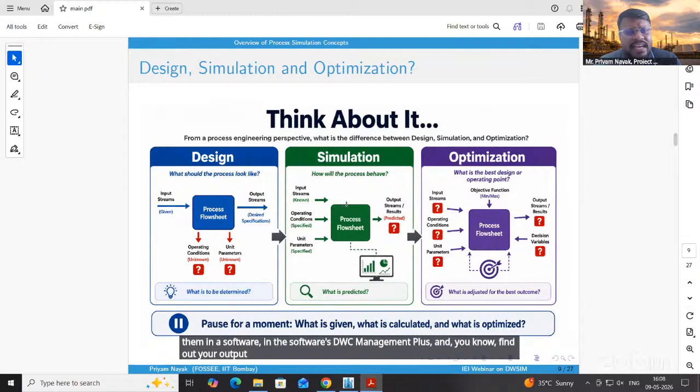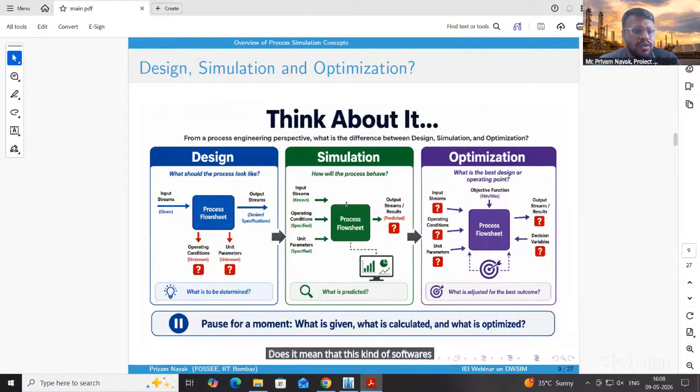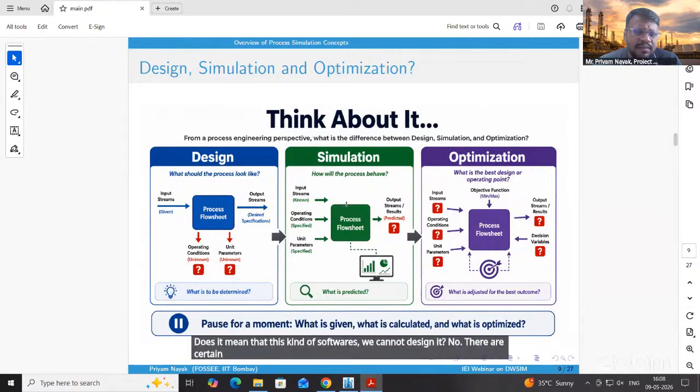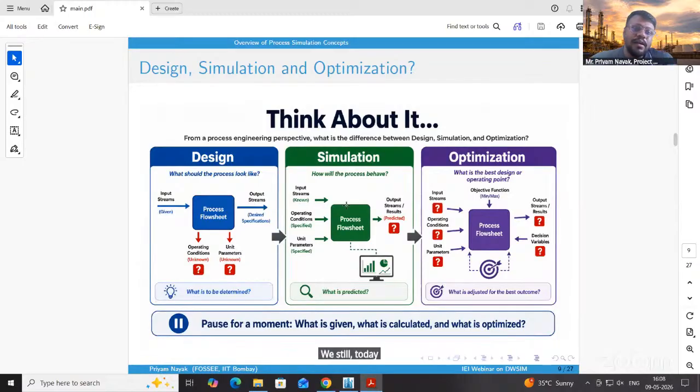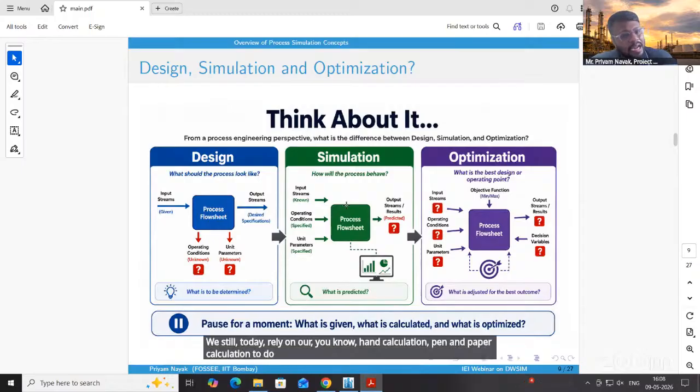Does it mean that this kind of softwares we cannot design? No, there are certain design problems that we can also do in these softwares, but not everything can be designed in these process simulation softwares. Okay, so therefore, we still today rely on our hand calculation, pen and paper calculation to do the design. And once you have the design with you, you can probably put them into a simulation tool